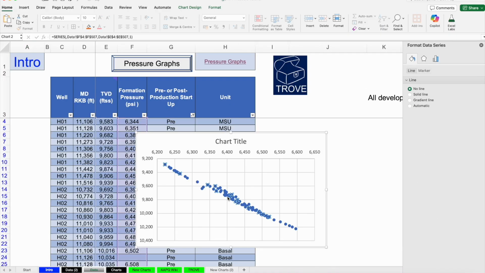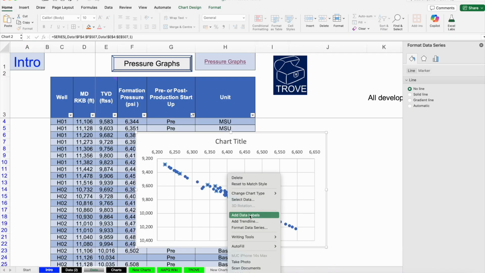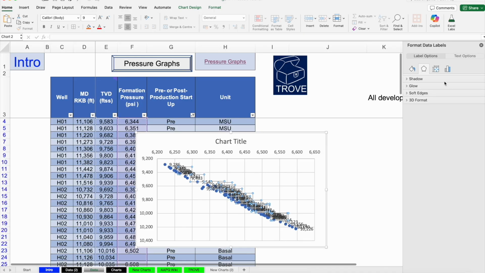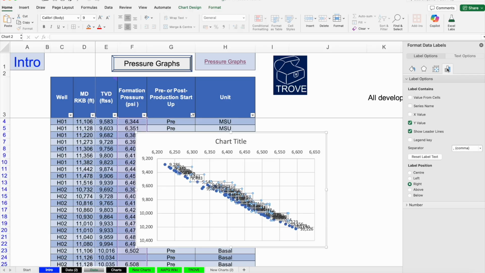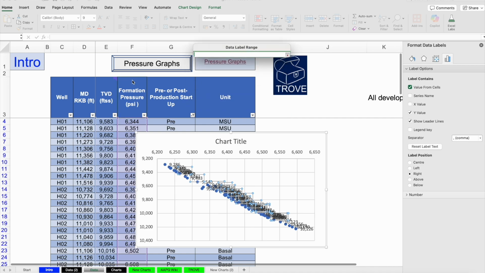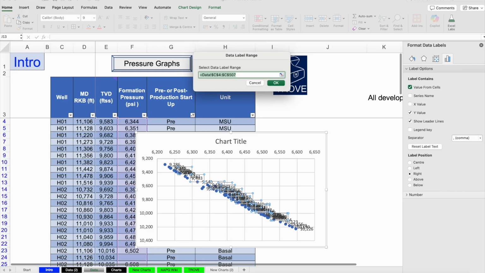Another thing we can do at this stage is to add data labels. It's underneath here: add data labels, format data labels, and when you see that come up, it says, well, what do you want? We want value from cells, and it asks you what cells do we want, and we say, well, actually we want to know what the well is. So again, you can see it's highlighting this, and we hit return, okay,